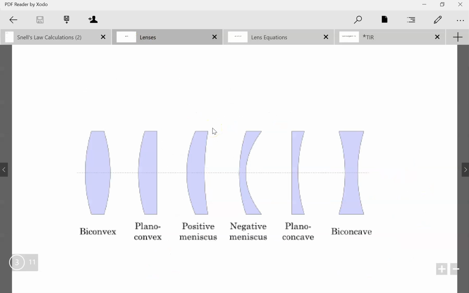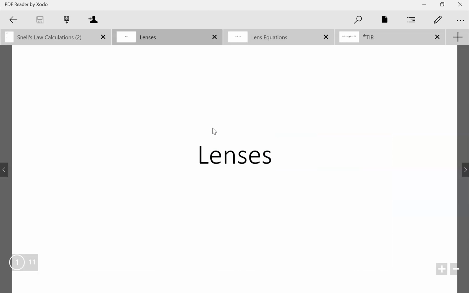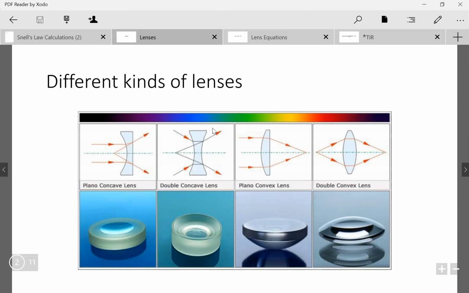So this is going to be a super small video on, hopefully, lenses, just for the introduction. We also did ray diagrams for lenses on this day, so this is just the introductory piece. There are different kinds of lenses that we have to learn about. So the first kind is a